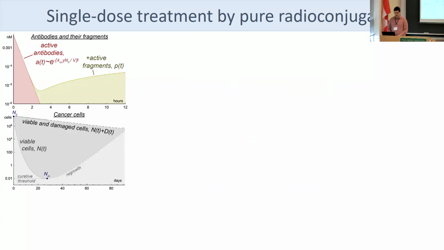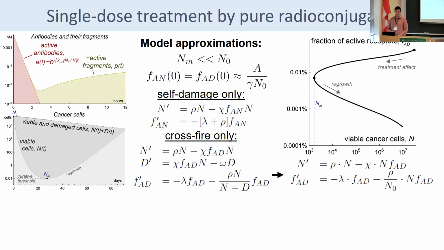This is an example of cancer cell dynamics under prolonged irradiation, when the number of viable cells goes down after treatment begins, and the minimal number is achieved when the rate of nuclear decays falls to the level at which they are not able to compensate for the ongoing cancer cell proliferation. The ratio of minimal number of viable cells and the initial number can be regarded as the minimal surviving fraction. And this parameter can be estimated analytically for the cases where only self-damage or only crossfire contribute to the treatment